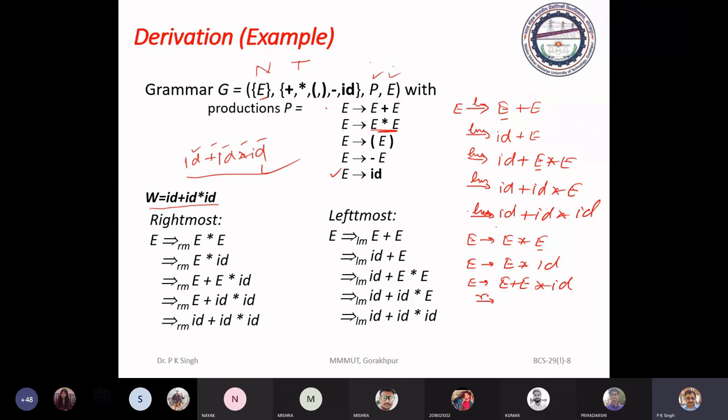Then again rightmost, E plus ID asterisk ID. Again rightmost, ID plus ID asterisk ID. So if you do either leftmost derivation or rightmost derivation, you are able to generate the desired string of the language.